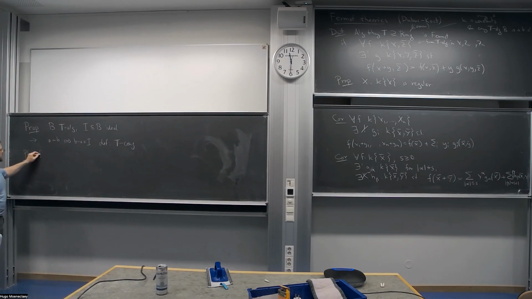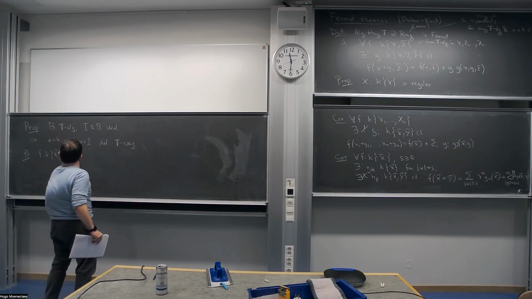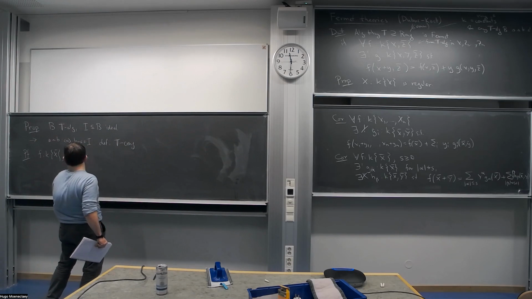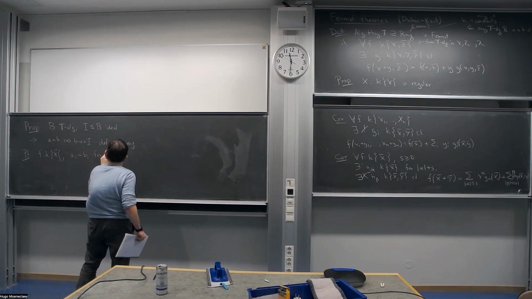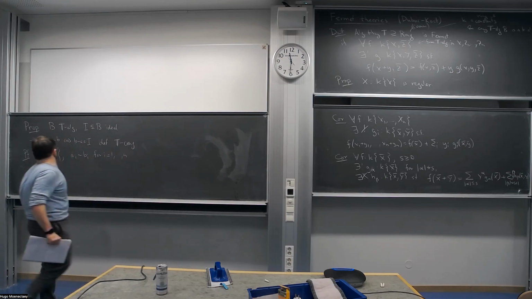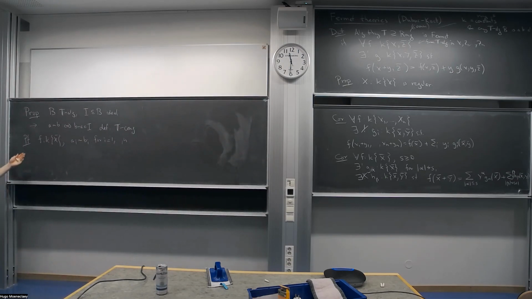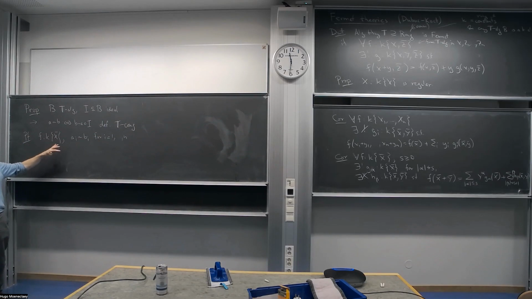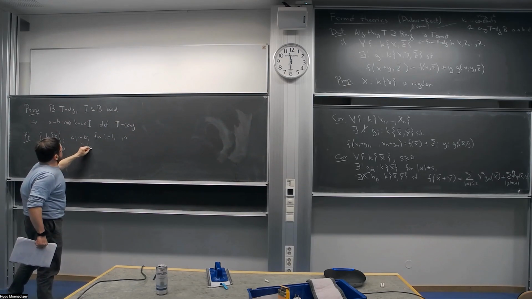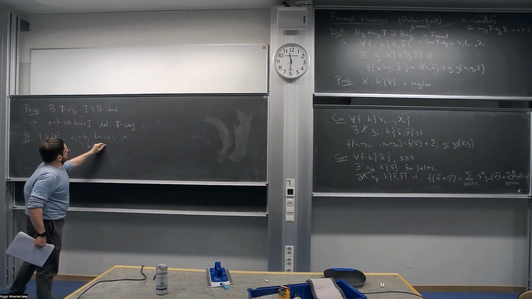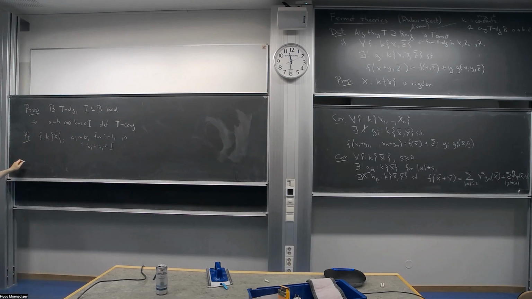So suppose we have an operation f in n variables, and we know that a_i is related to b_i for each i. And now I want to show that f of the a's is related to f of the b's. So this means that b minus a is in I. So what do we get? We get f of the b's